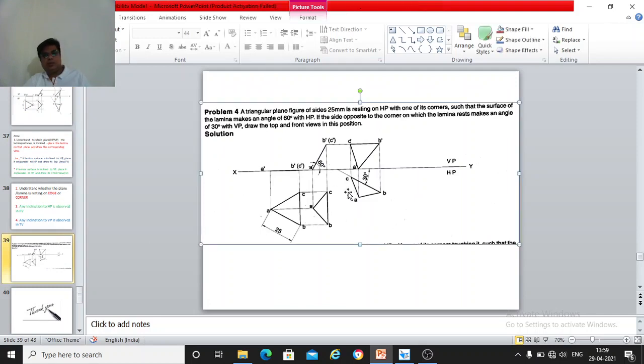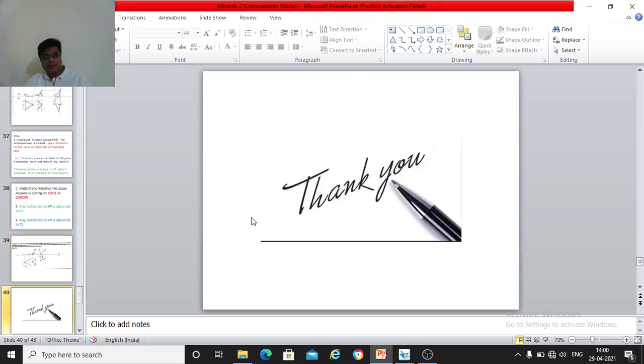So anyway, just try this problem. One more problem is there. It is same as the previous problem. A little bit conditions are changed now. Just have a look at this problem and try to solve it. Okay, that's it for this session. In the next session, we will try to solve this problem. Okay. Thank you then.